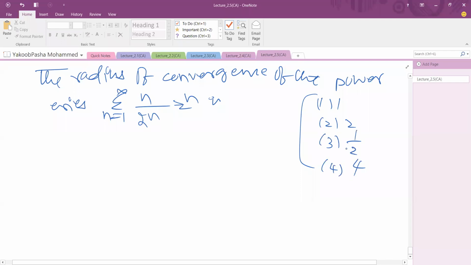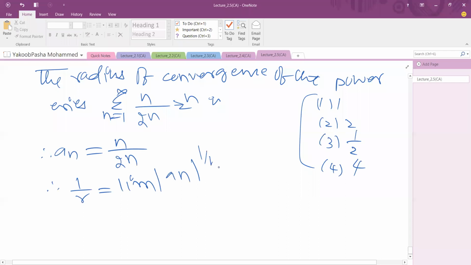Okay, you can take the coefficient an, that is n by 2 power n. Okay, simple ga I'm using the ratio root test. Limit modulus of an power 1 by n, that is equal to limit n power 1 by n by 2